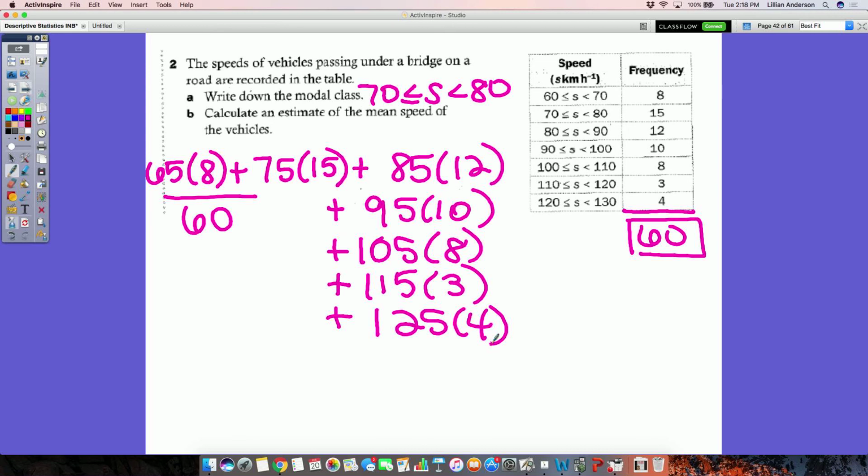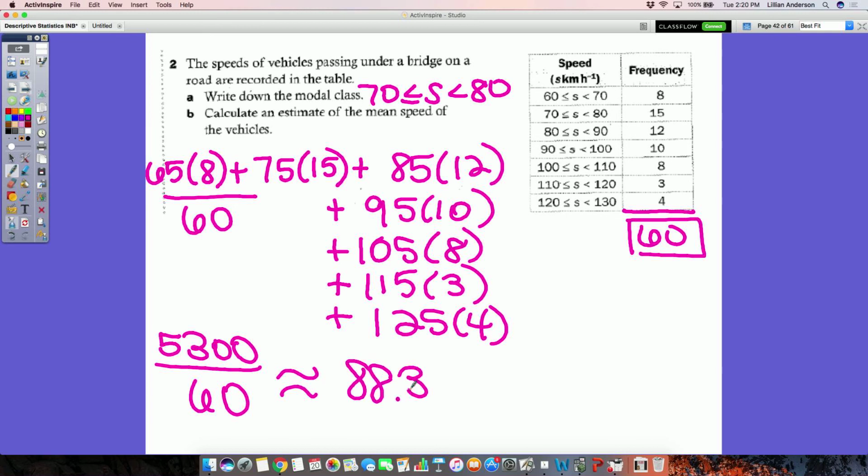So we're going to go ahead and multiply that out, get a numerator. And I do want you to find the numerator just in case our numerators don't match. I want to make sure everyone is successful in typing these numbers in. What was my numerator? What did you get? Would you read the numbers off? 5300. Yes? Divided by 60, and you get your estimate of your mean, which is